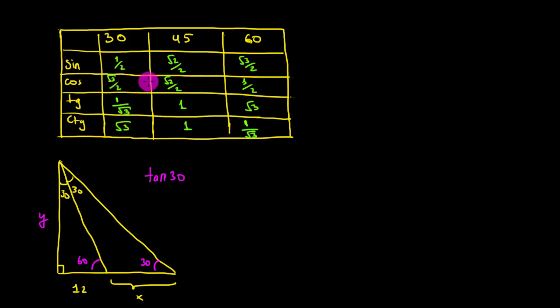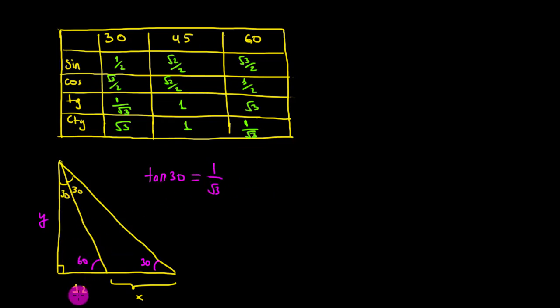So the point is, you don't have to memorize these angles. You can find these angles according to special triangles and make the table yourself. That's the important thing. So tangent 30 is 1 over square root 3, which is equal to, we know that